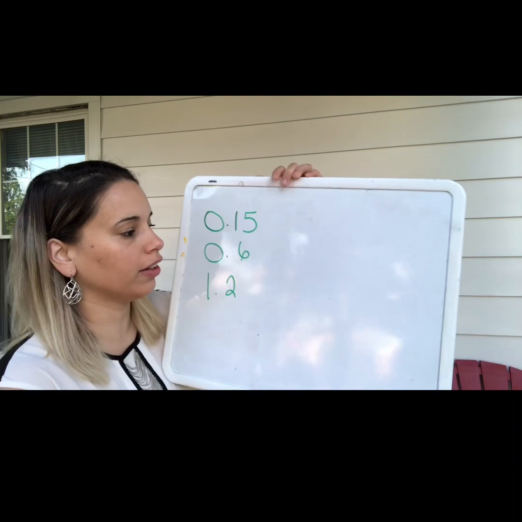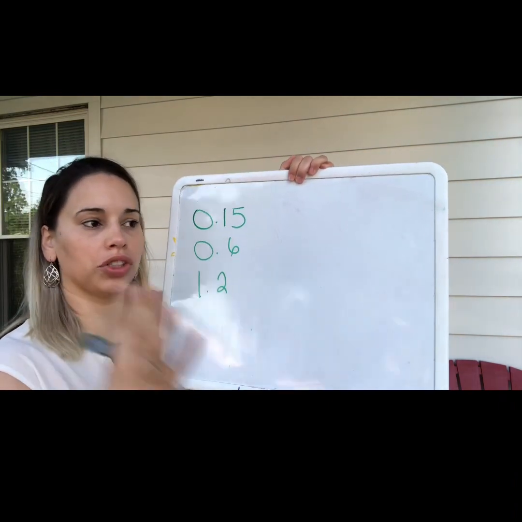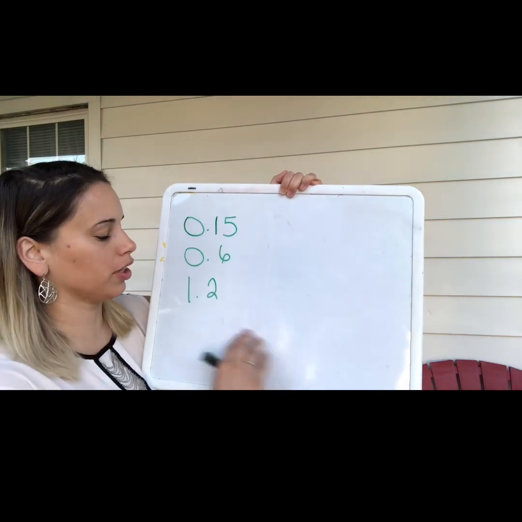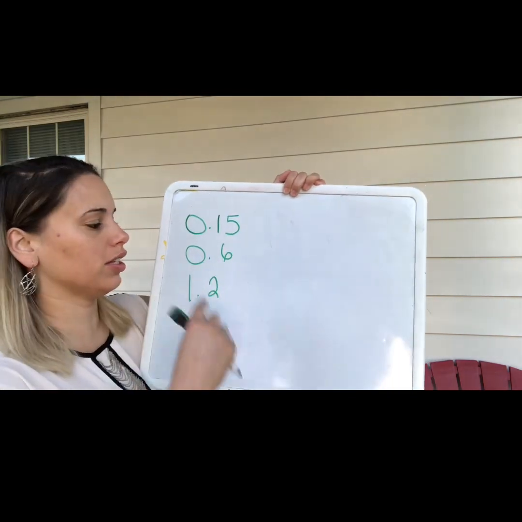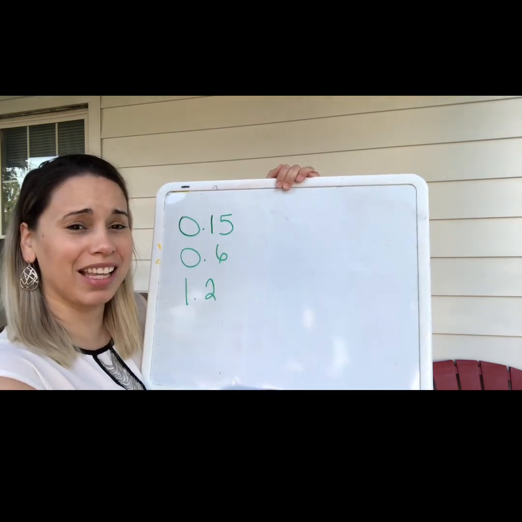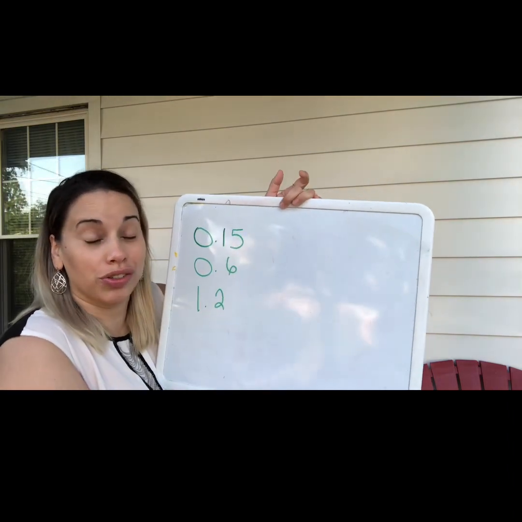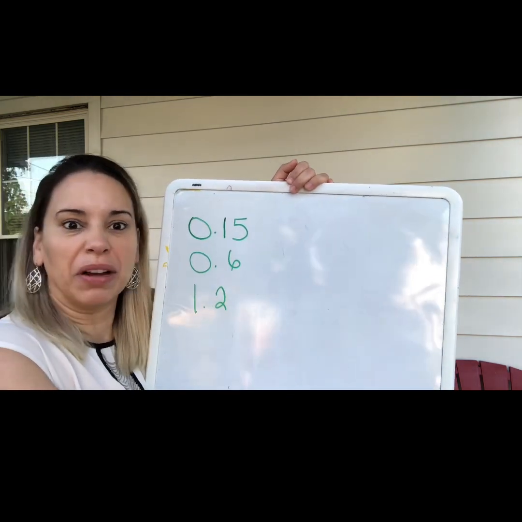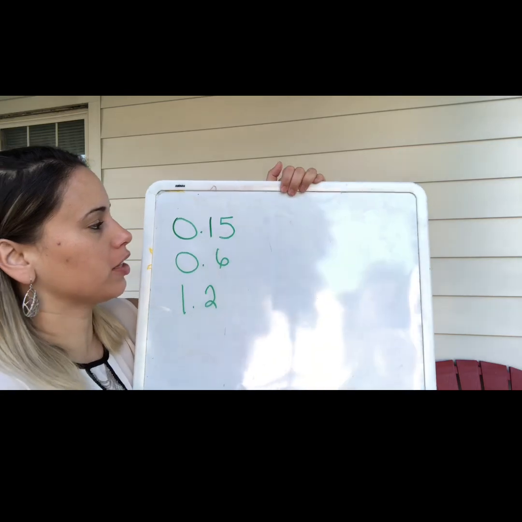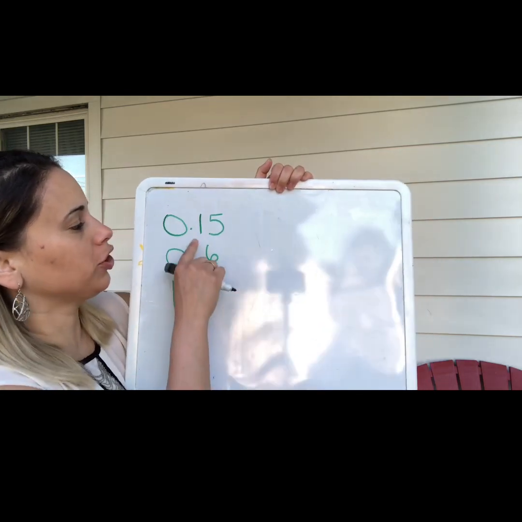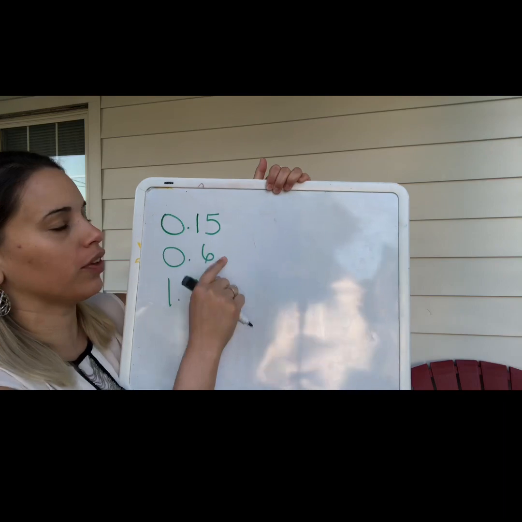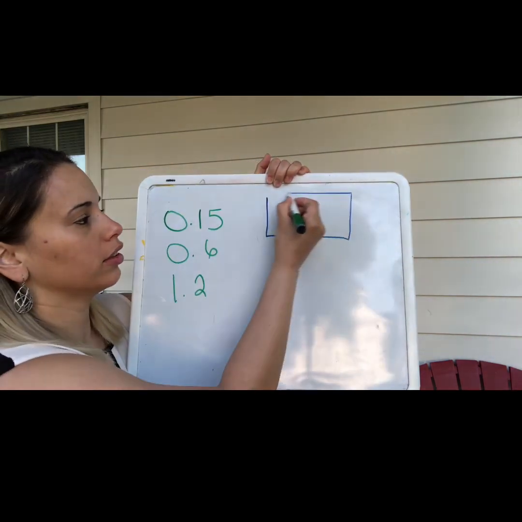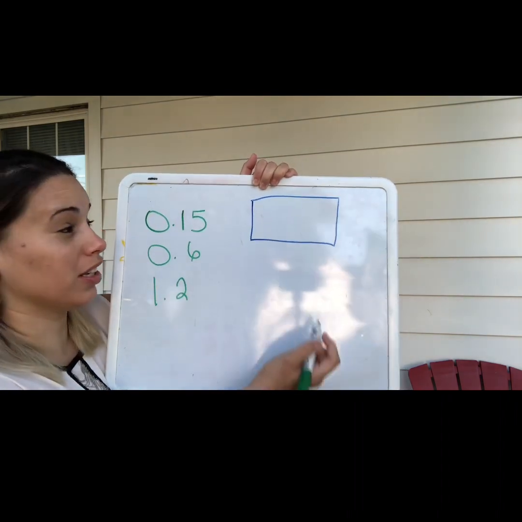Okay, 4th graders. So now we did strategy 1, which is placing it in a place value chart. Now we are going to demonstrate this. We're going to use a visual to see what this really means. Again, as I mentioned, you could use money, or you could also use food. So I'm going to pretend I'm using food. I love brownies, so let's pretend we're baking some brownies. We said that the way you read this number is 15 hundredths. I took a brownie